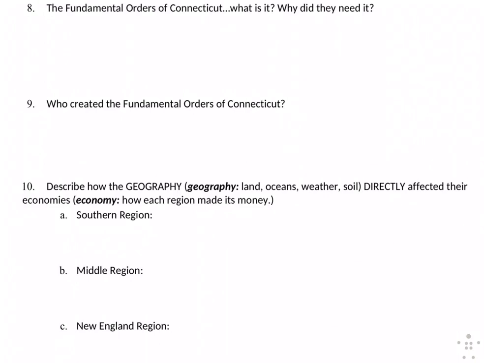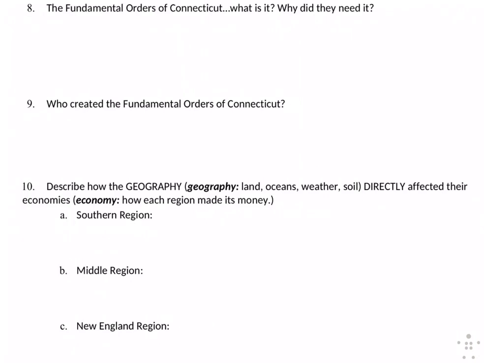you have. So if I'm looking at the southern region, we're in the south, long summers, very fertile soil. You have an abundance, it's humid, so water. So that geography helped them have the economy of the plantation system. So they were able to grow cash crops, tobacco, indigo, rice, cotton, and the main labor behind that force, well, they were slaves, African slaves that were found or got by the triangular trade, specifically the Middle Passage, and they worked at plantations, and they were able to establish their economy based off of the labor from slaves.